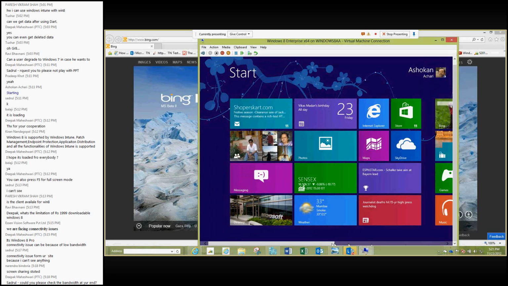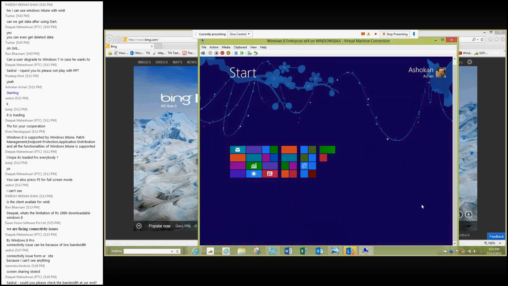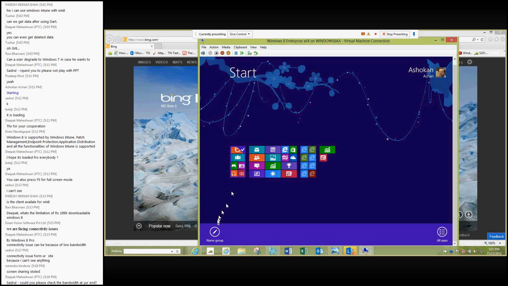You can even move across, right? You can even hold your mouse and move your groupings from here to there. You can right click, and you can even name a group. For example, I'd call this everyday